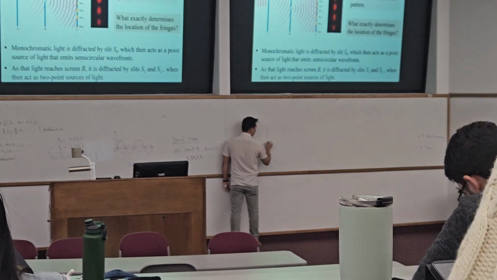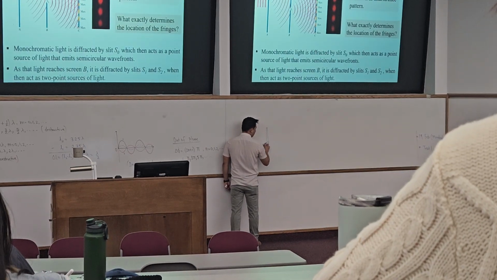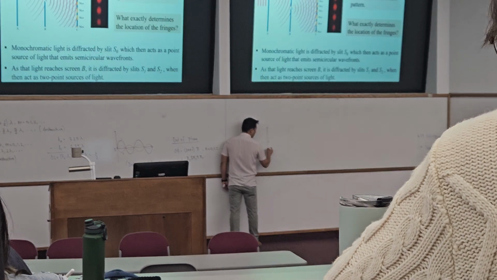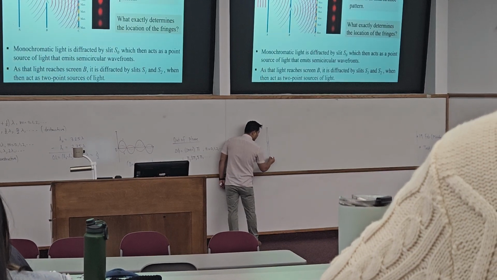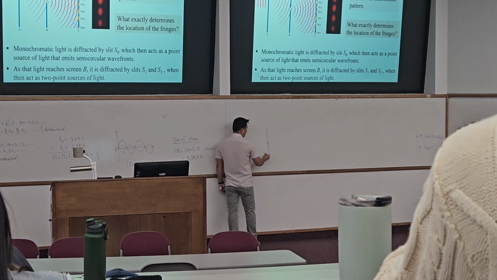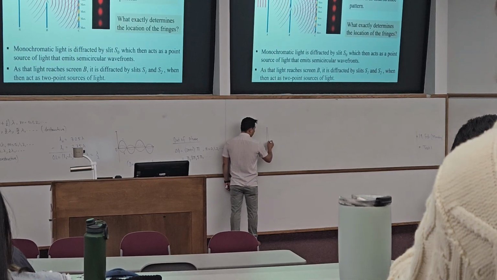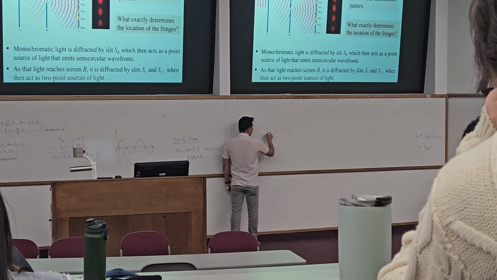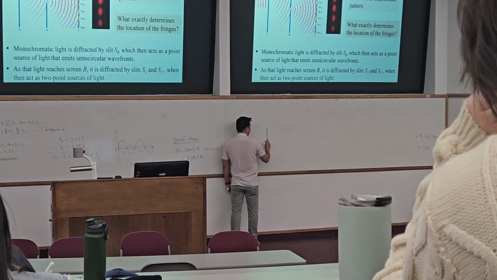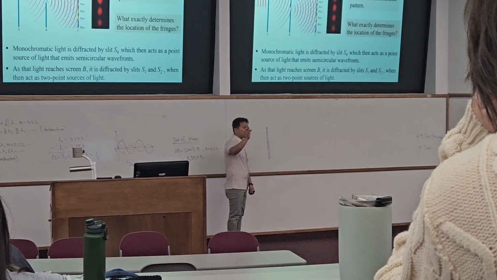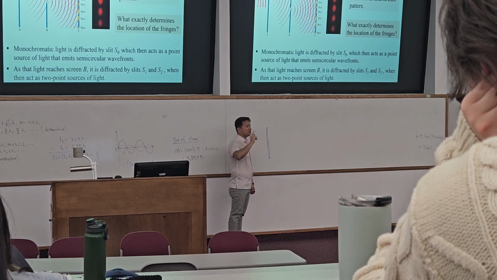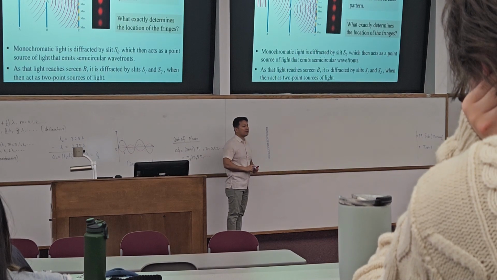What Thomas Young did was design the experiment like this. He passed the light through a single slit. It's a physical barrier. Do you do this kind of experiment in the lab? I think we don't have it.